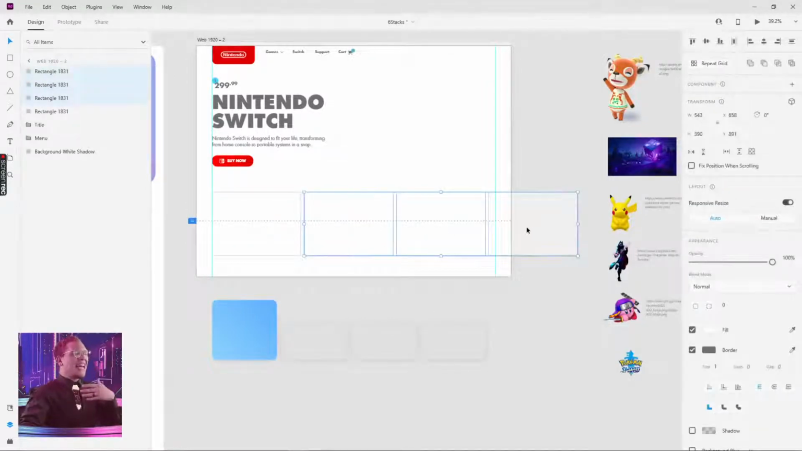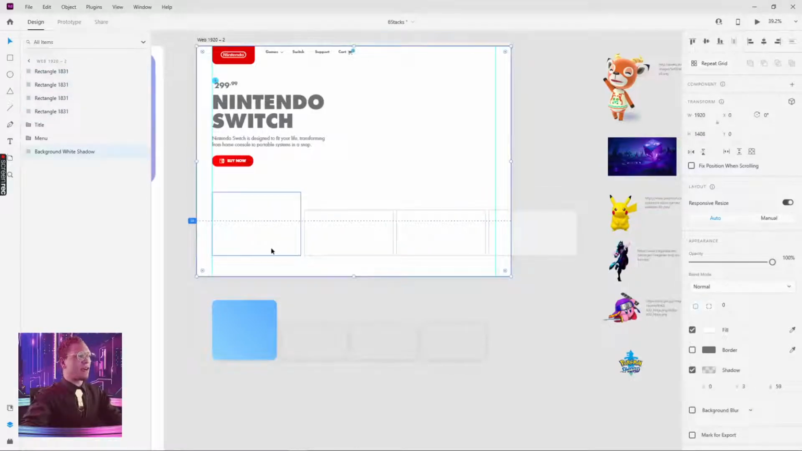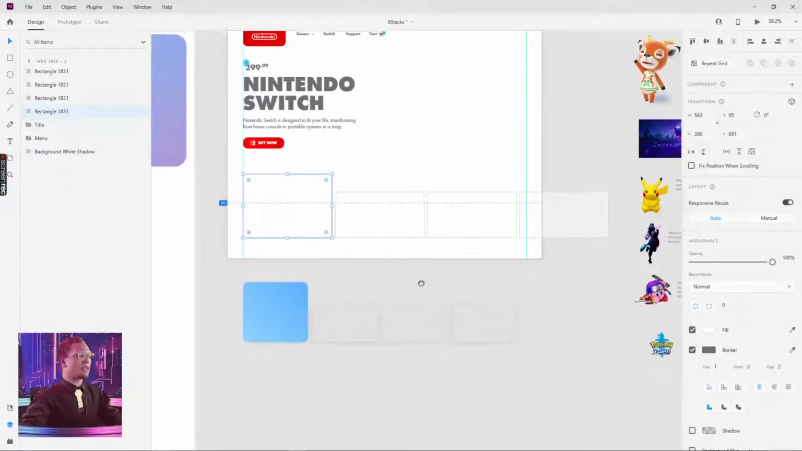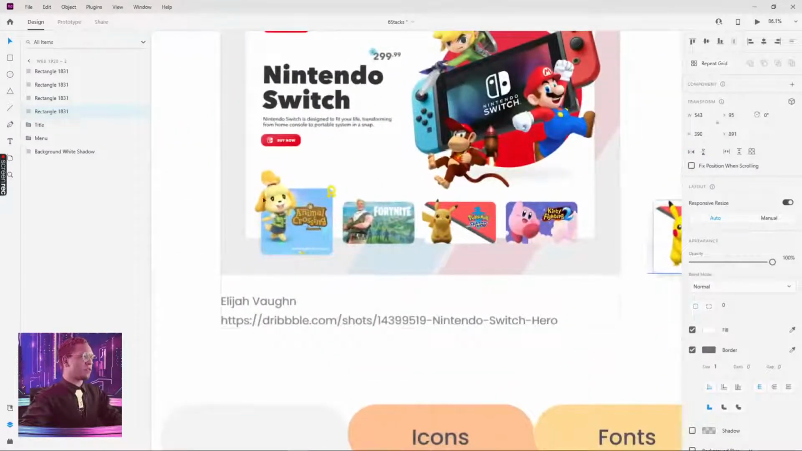Some people will have a heart attack and wonder why I would do this. I know some people like to keep everything grouped so that they can manipulate these cards a little bit easier. But I just like to duplicate things, make it a lot easier for me to manipulate the individual pieces. So after I've done this, referring back to my inspiration, we have some Animal